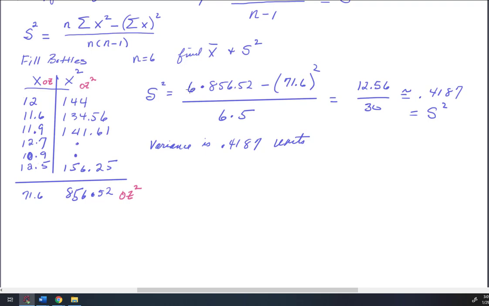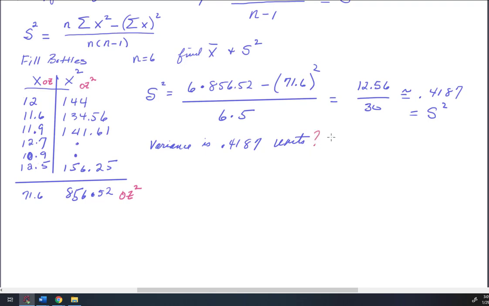What do I get for the units on the variance here? Well, this would be just a pure number, and so it doesn't have units. Every x squared would have the units ounces squared, so when I add them up, I'd get ounces squared for the units on this component. This, when I add them up, would be ounces, but then I square that quantity, so again it's ounces squared. So what I have for this subtraction is ounces squared minus ounces squared divided by a pure number again, and so